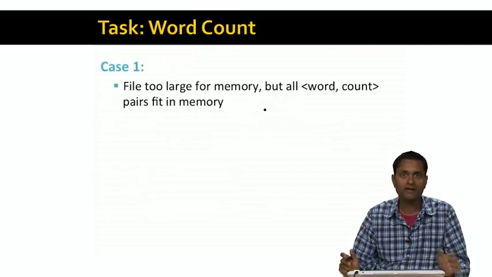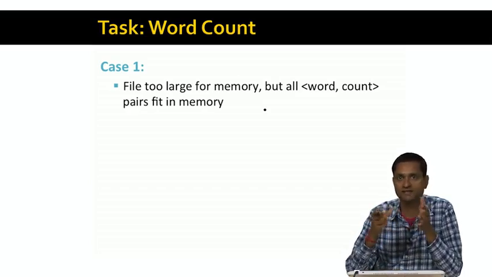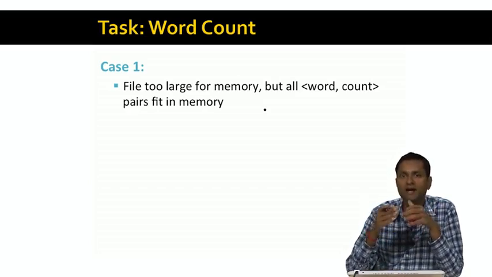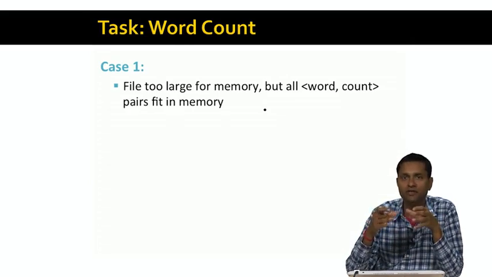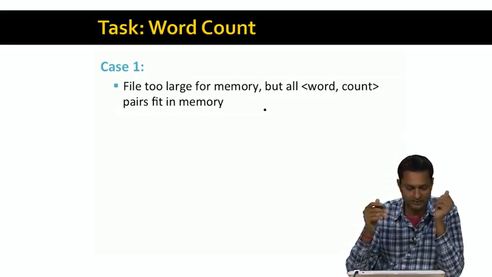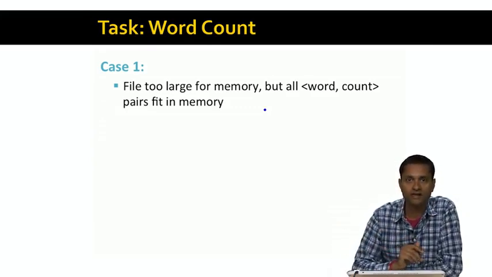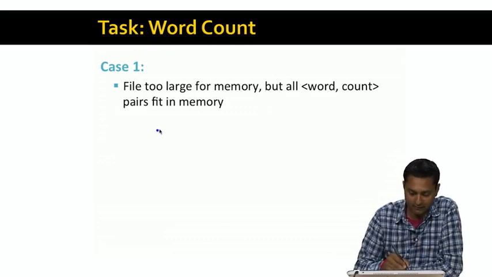So let's look at two cases. The first case is that the file itself is too large for memory, because remember we said it's a big file. But imagine that there are few enough words in it so that all the word count pairs actually fit in memory, right? How do you solve the problem in this case? Well, it turns out that in this case, a very simple approach works. You could just build a hash table